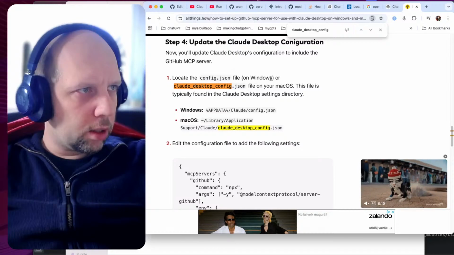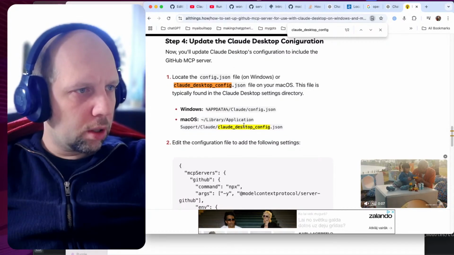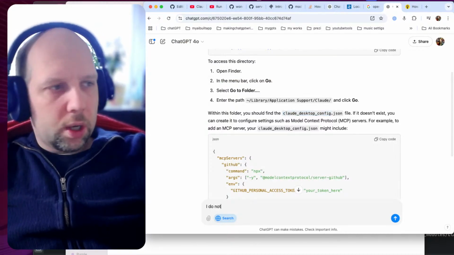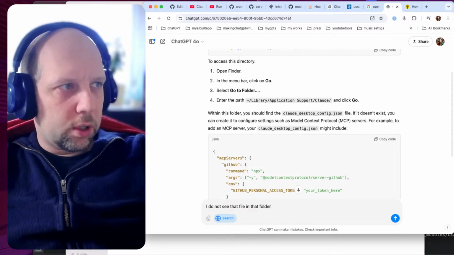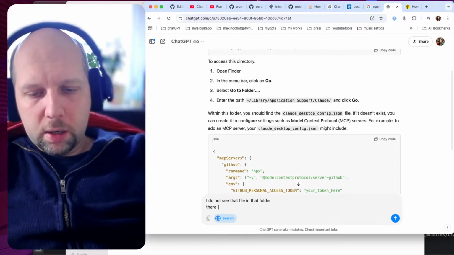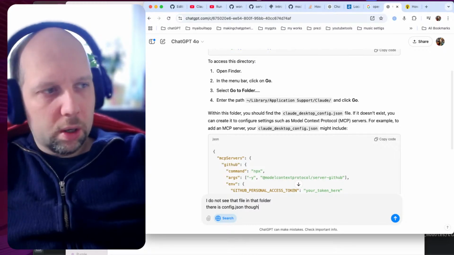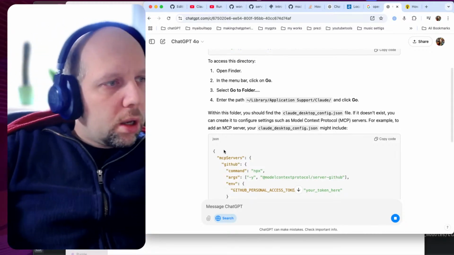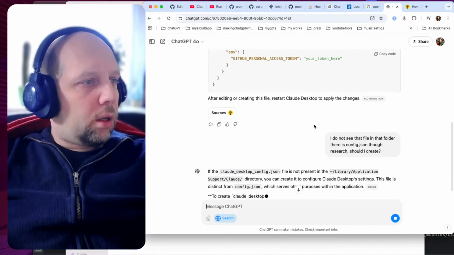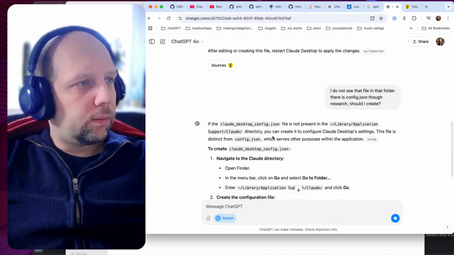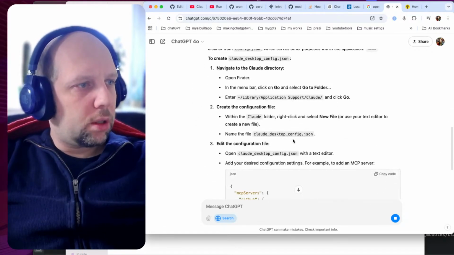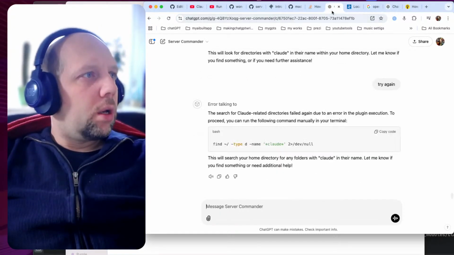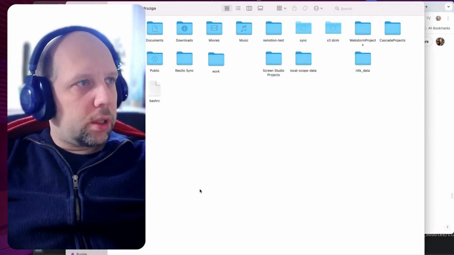Okay, locate the configure or, interesting. I do not see that file in that folder. There is config JSON though. Search, should I create? We can create. Okay. What we can do is that we can